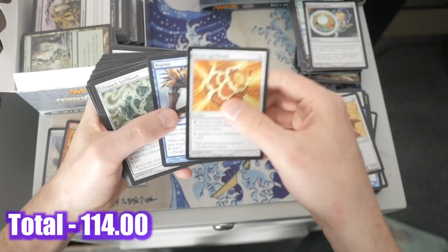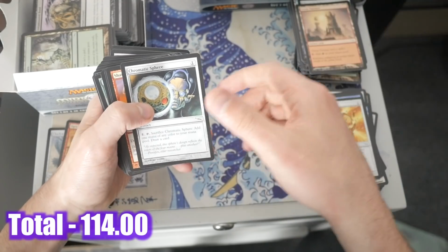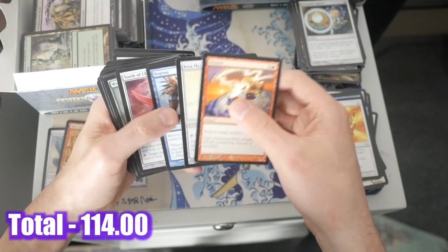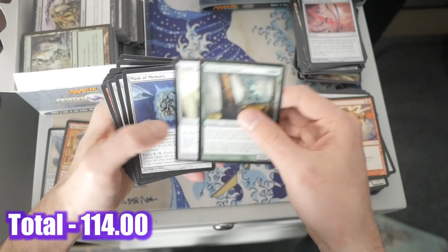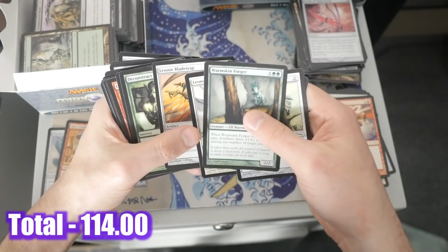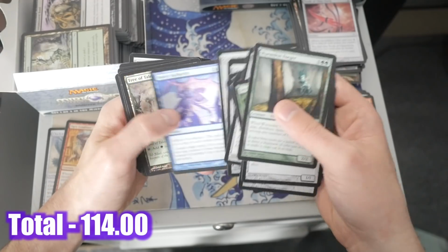Chromatic Sphere, which, I don't know, to me, that doesn't feel good all the time. Oh, nice. We got a Great Furnace again, and we got a Chromatic Sphere. Nice. And another Tooth. I think this is the same one. Yeah, this is a decent Mask of Memory. I think the Sky Hunter might be worth a bit, but we won't put...